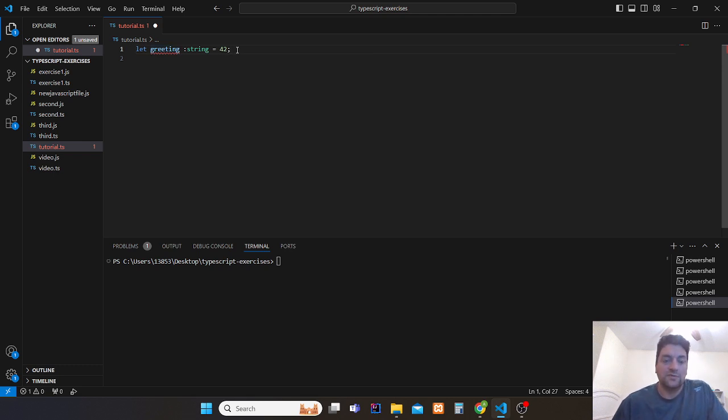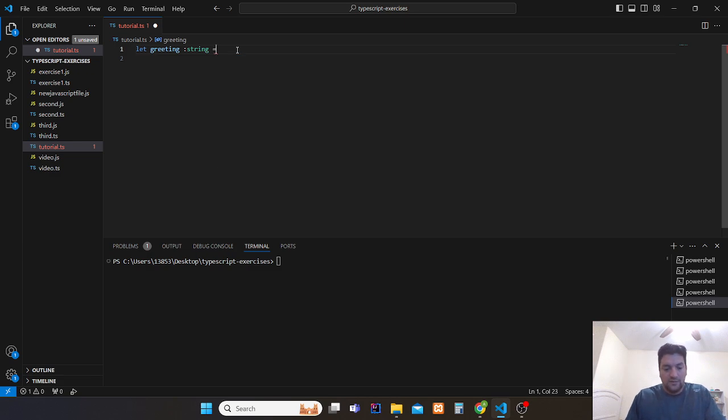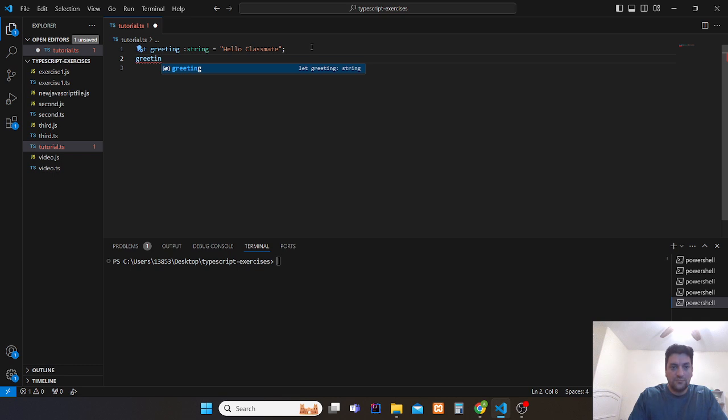Right now it's a simple example, but when you're running larger applications, I'm pretty sure it can be handy. For example, let's say we create this. But let's say we're running a different code, and then we want to assign this a number by accident.